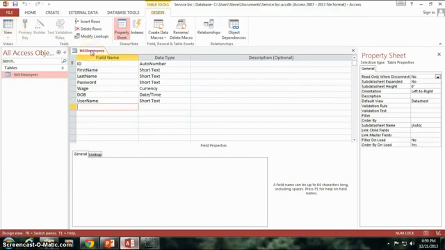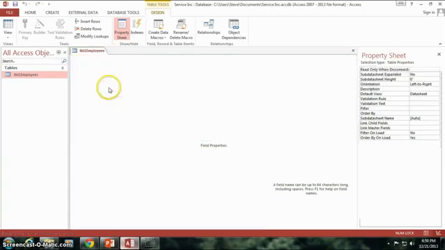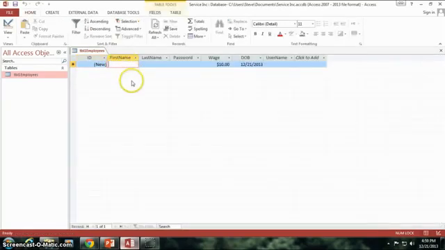You can also right click on the tab, and again you'll get the datasheet or design view. You can close and save, all that good stuff. So let's go into our datasheet view. I'm going to put in my information here,